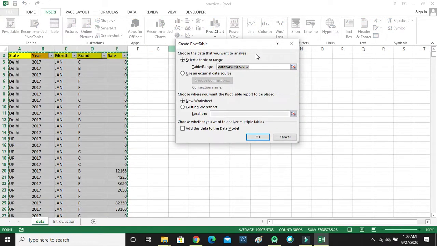A window appears. You have to select a table or range, and the second option is to choose where you want the pivot table report placed. I select new worksheet, then OK.